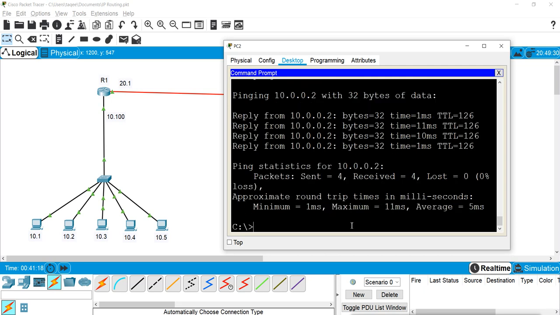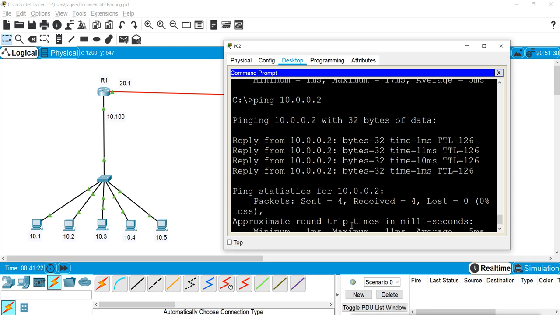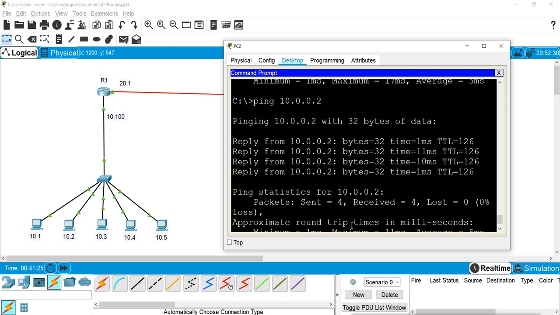Remember we have used the access list. But remember the access list is only for deciding to do translation or not do translation. It is not blocking anything. So it can still send the reply, it can do the communication, but translation is not done. So we are pinging 10.0.0.2 and we are getting the reply from the same 10.0.0.2 because it is not translating, because in the access list we have denied this IP from doing the translation.